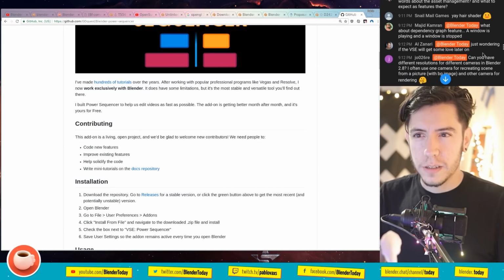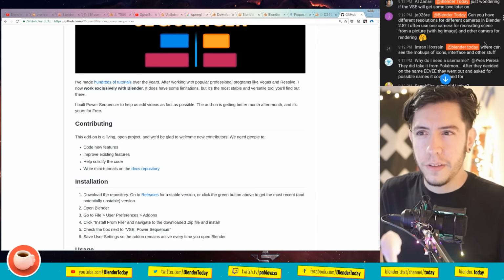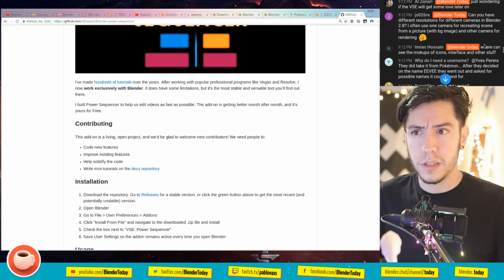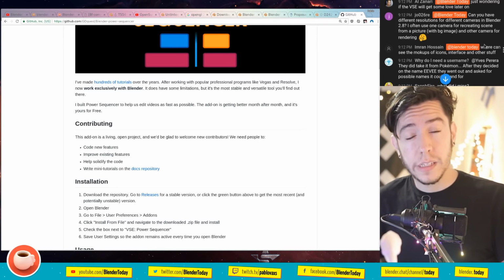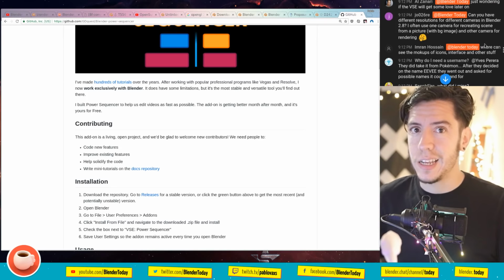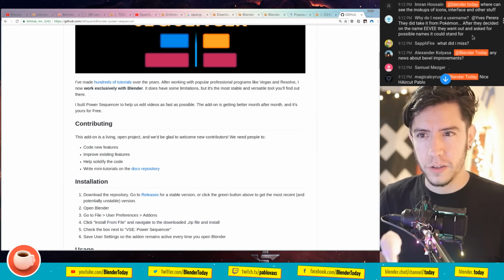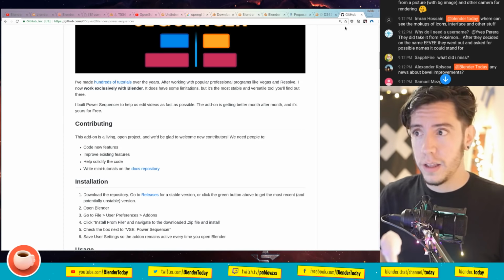Let's see what else. Can you have different resolutions for different cameras in Blender 2.8? No, the resolution is attached to the render. It's a scene setting, so you need a new scene. Where can you see the mockups of icons, interface, and other stuff?